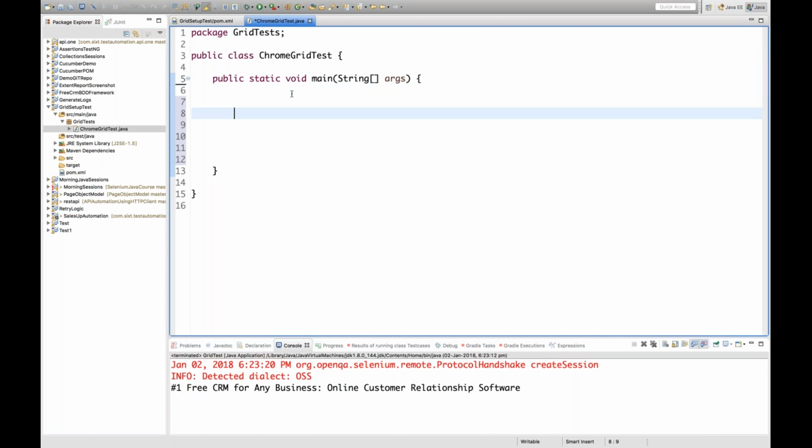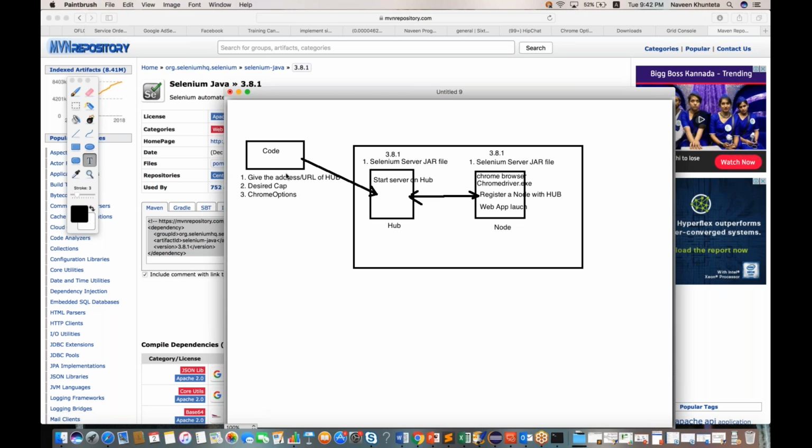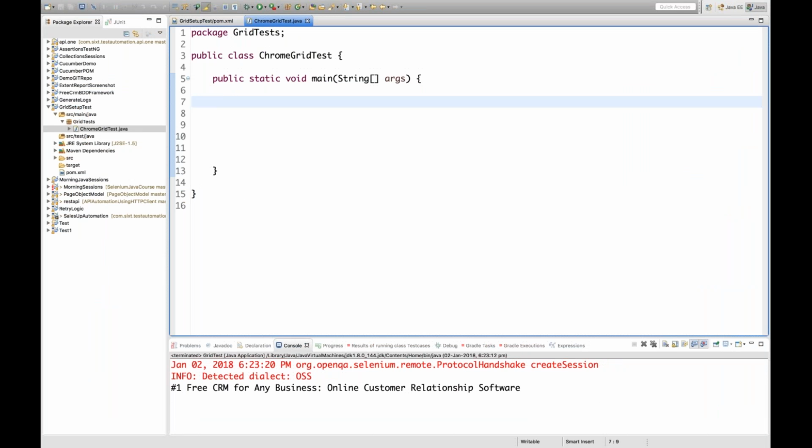Now see guys, it's very important. First thing what we have to do, according to the diagram, if you see, this is a diagram, we have to define desired capabilities. Okay, and give the address of that particular URL or hub with the help of remote WebDriver. Okay, and then Chrome options. So whenever you have to run your code on some different machine or using Selenium grid, you have to create the object of desired capabilities. So one class is there,